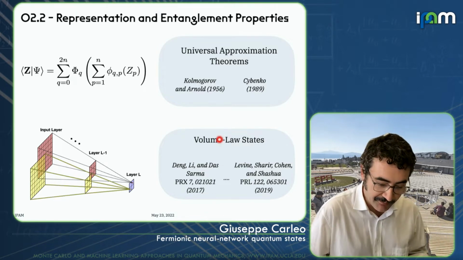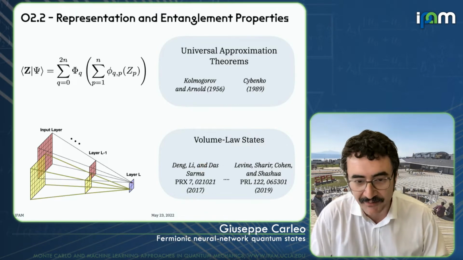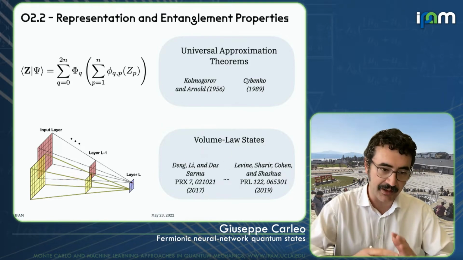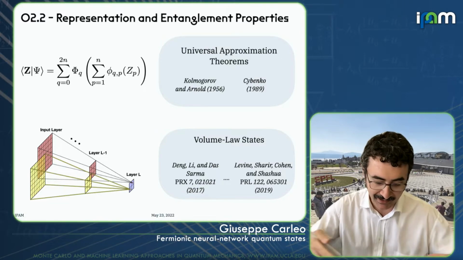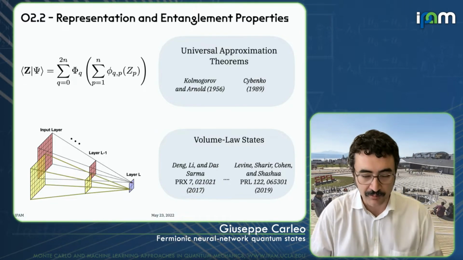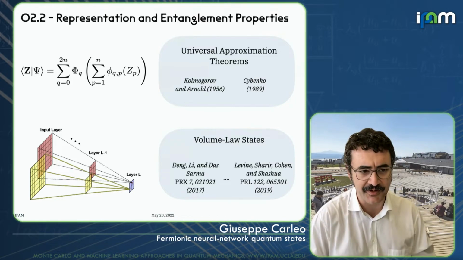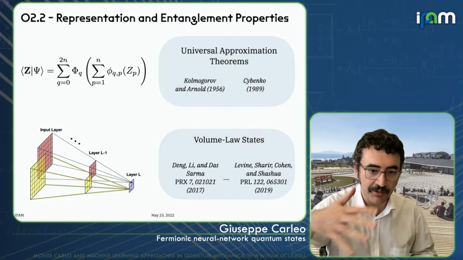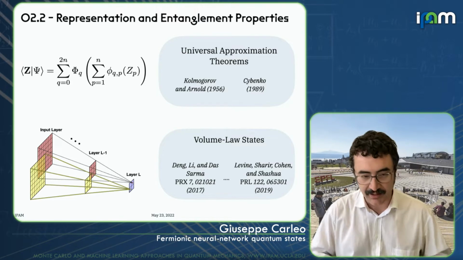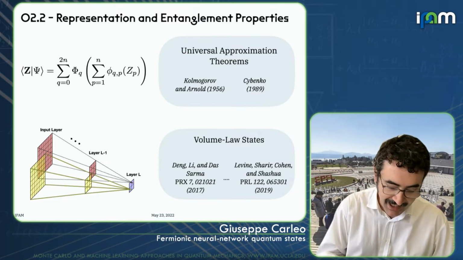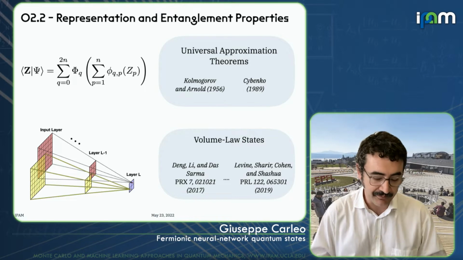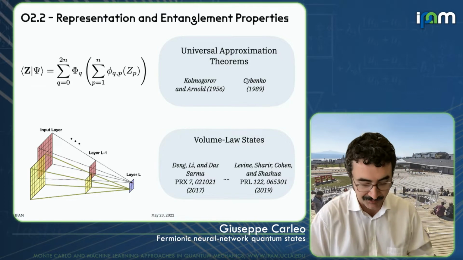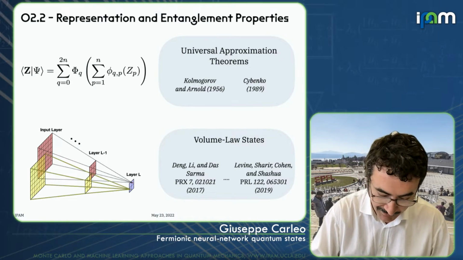Right? So this is the worst case, of course, that we would like to try to avoid, but this can happen. From a physics point of view, from a quantum information perspective, which is also interesting in this case, it has been shown that these quantum states based on neural networks can satisfy the area law and the volume law scaling of entanglement, which is particularly useful, for example, if you want to describe dynamics on long times or some critical phases even in high dimension. So it's nice that these states are known to describe at least some volume law states with polynomially many parameters. This is the key to this statement.